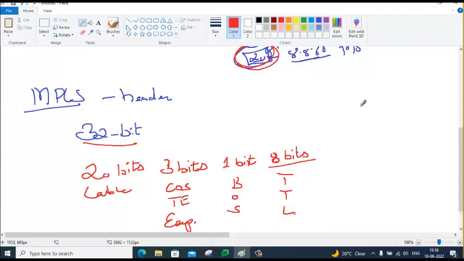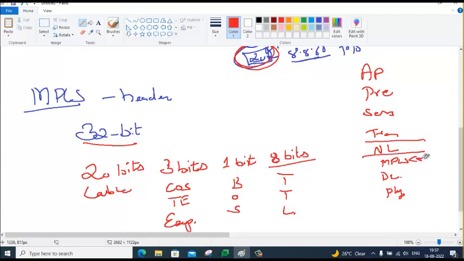We have application layer, presentation layer, session layer, transport layer, network layer, MPLS, data link, physical. So MPLS is before layer 3.